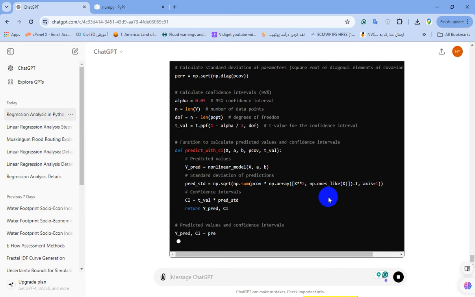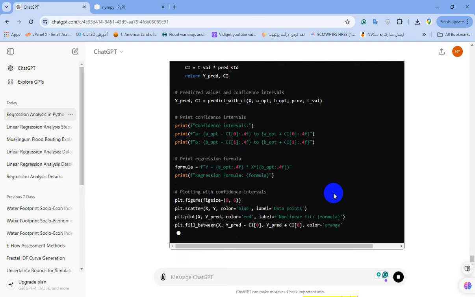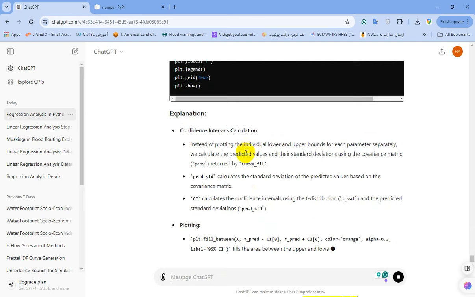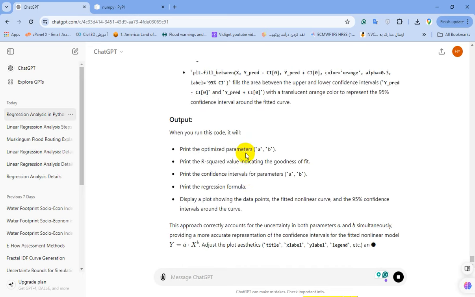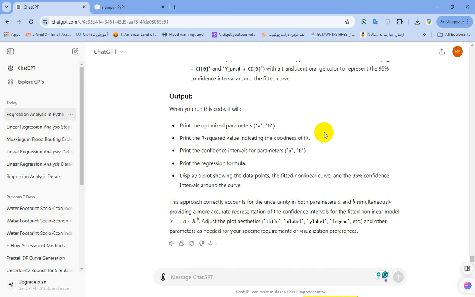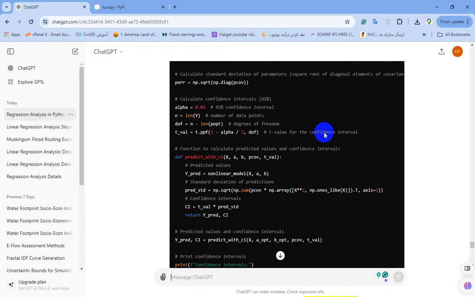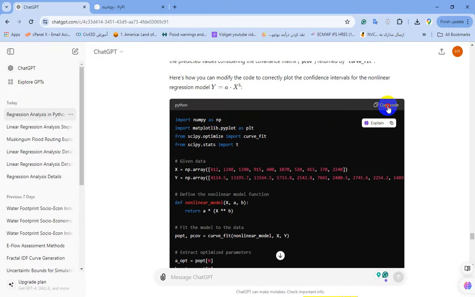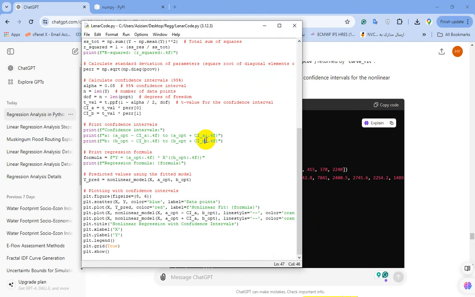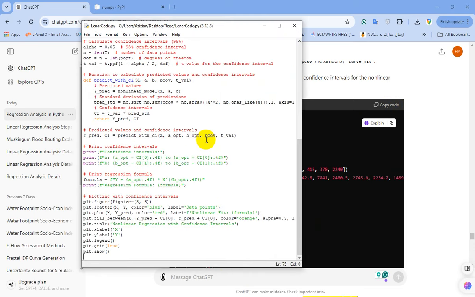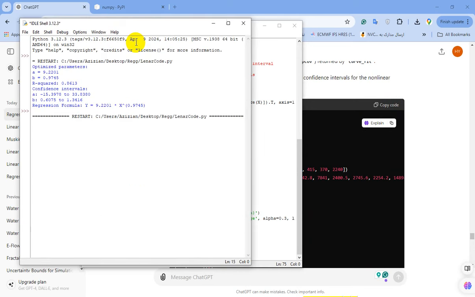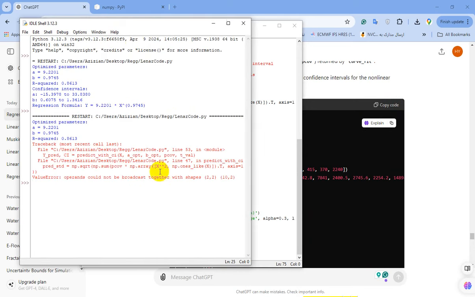Okay, as I've mentioned before, keep in mind that you shouldn't copy and run Python code without any consideration, testing, or assessing, because it may lead to unreliable and wrong output. Okay, paste again, save it and run it again, and I hope it works. Sometimes you get some errors related to the confidence interval, and you don't need to worry. Just copy these codes